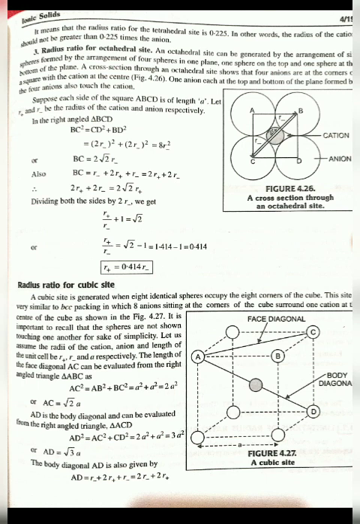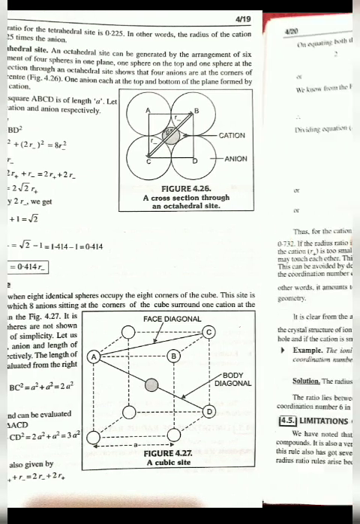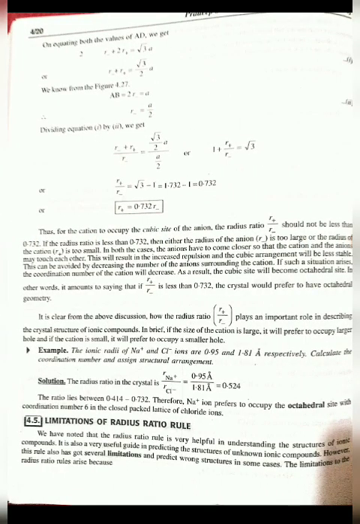The body diagonal AD is also given by AD is equal to R negative plus 2R positive plus R negative, which is equal to 2R negative plus 2R positive. On equating both the values of AD, we get 2R negative plus 2R positive is equal to root 3A, or R negative plus R positive is equal to root 3 upon 2A. (1)